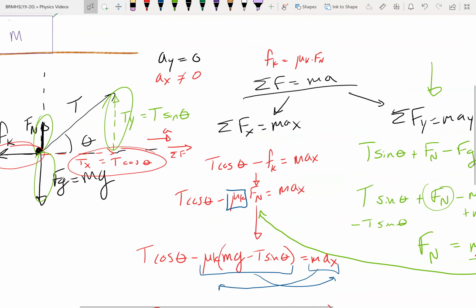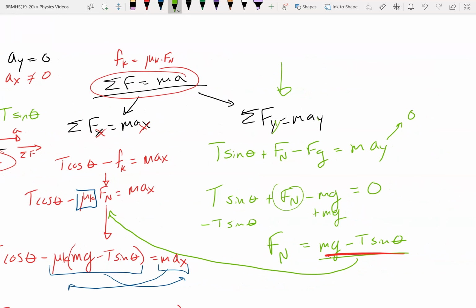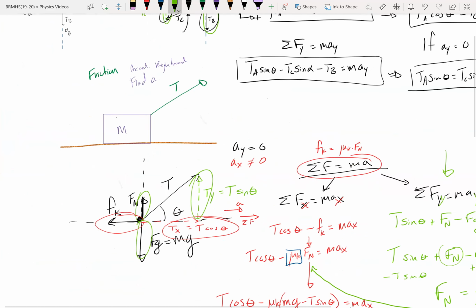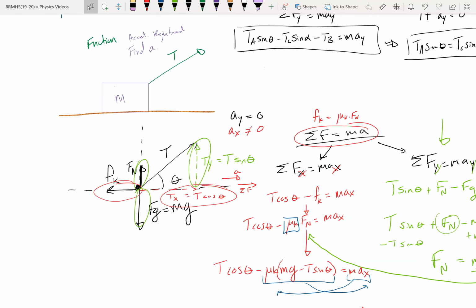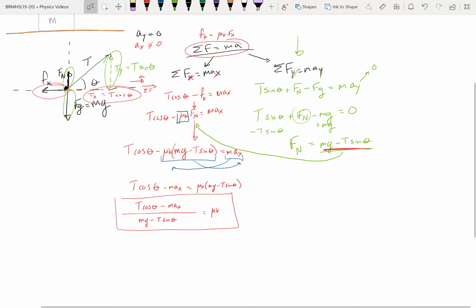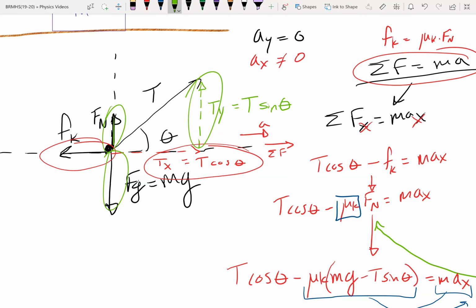So remember, whenever we have F equals ma, you can look at it in the x and you can look at it in the y direction. If you know the acceleration is 0 in a certain direction, like all of these ones I think where we're dragging something across the floor and it's accelerating, the acceleration is only in the x direction. So you know all the vertical stuff's going to have to balance out. All right, so you add up the forces. That literally means look at your picture and look at all the forces that point in the vertical direction,